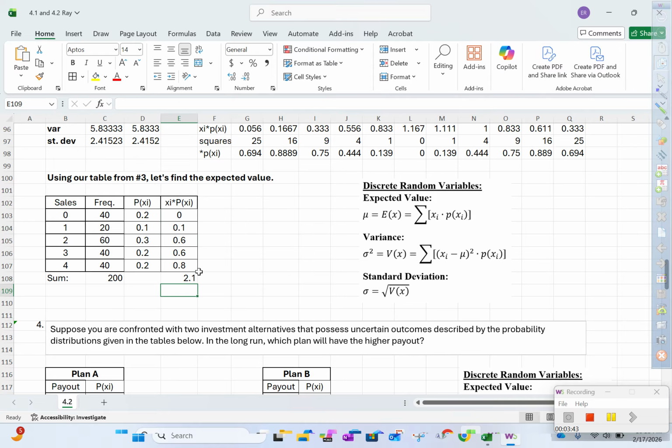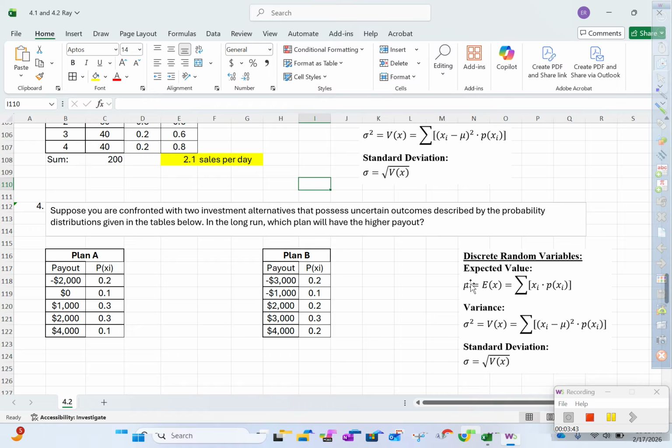Next thing we're going to do is take a measure of center and also use a measure of spread to talk about interpreting different tables. So here we are confronted with 2 investment alternatives that give you uncertain outcomes described by the probability distributions in the table below. We want to know in the long run which plan will have the higher payout. So first of all, our higher payout is going to go with our expected value. If we just look at our tables here,